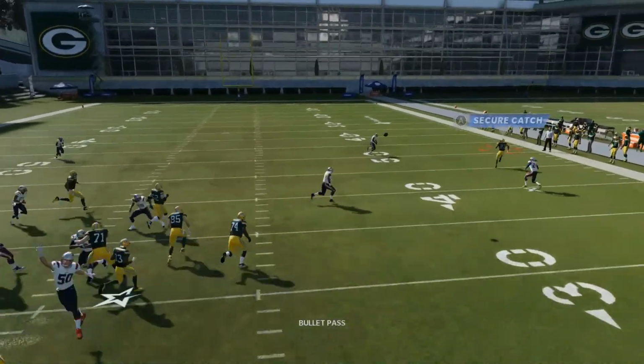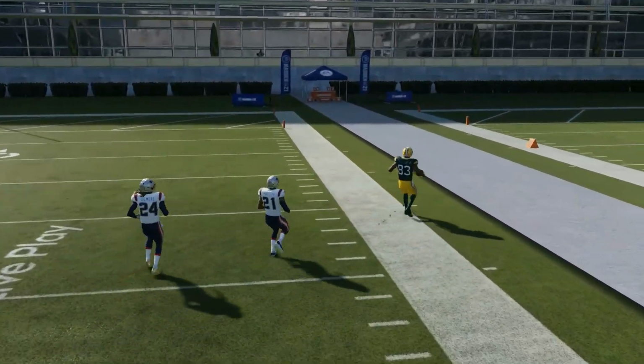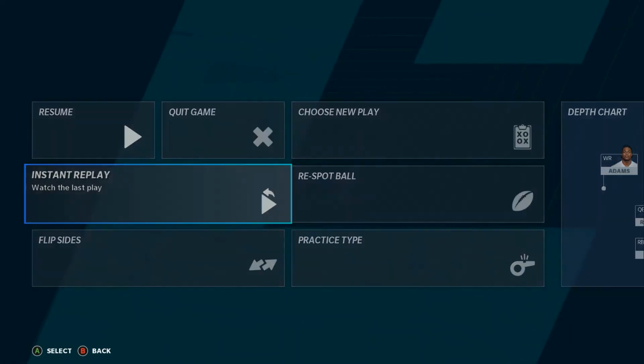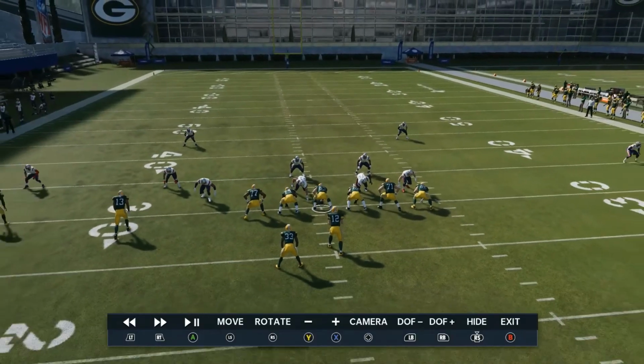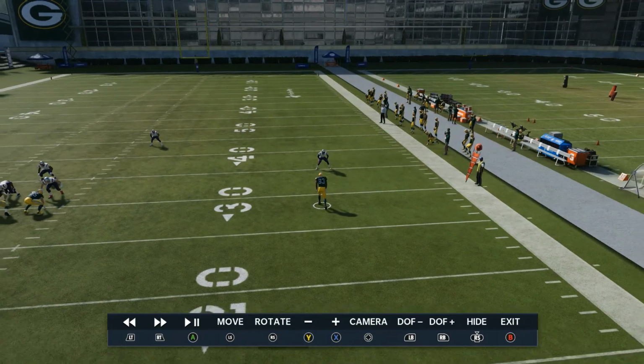Watch Stephon Gilmore. You see what he does? He dumps out because he's trying to play the run. So you literally just walk past him, and it's about, I think, a free 20 yards. So let's take a look in the replay so you can have a look at what's going on over here. Because it's an RPO,